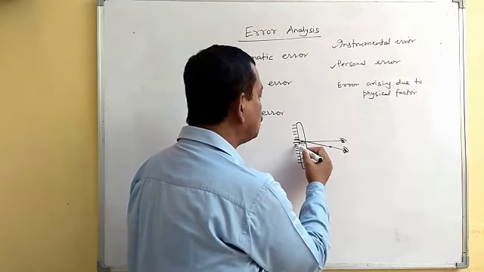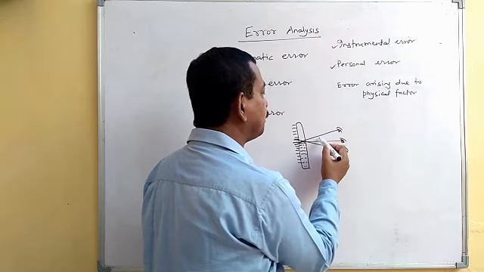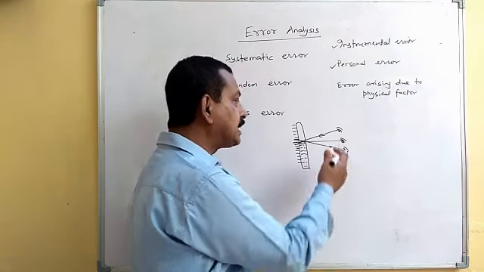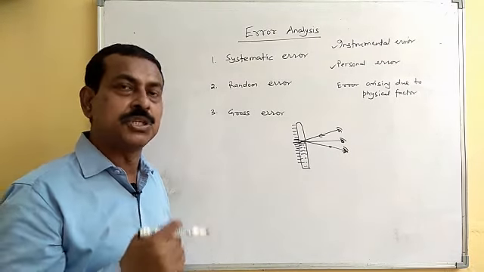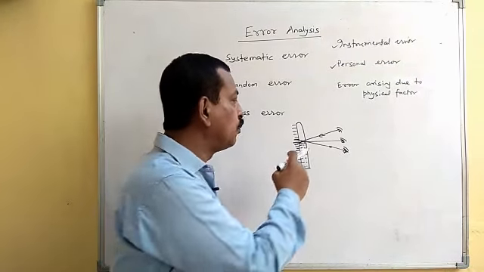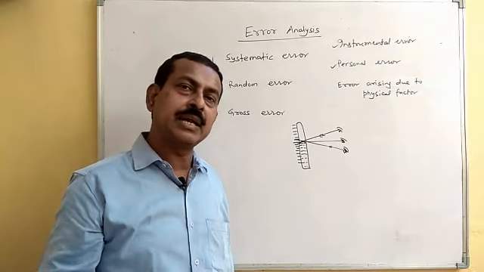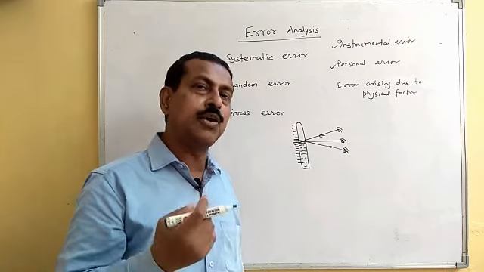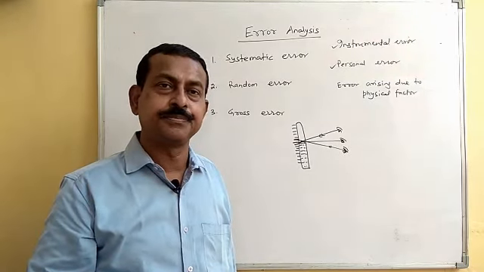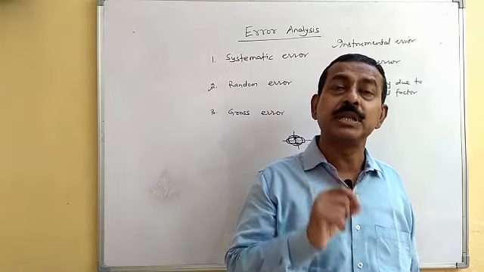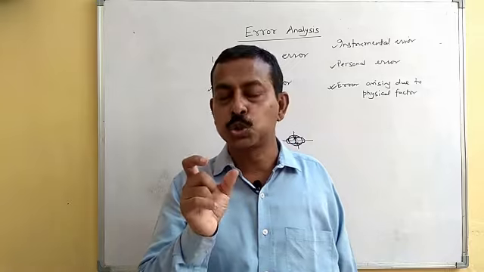Similarly, if he is taking observation from a higher level, like this, in that case, again, there will be error in the measurement. This time the measured value will be less than the actual one. And all these are arising due to the faulty way of taking observation by the experimenter. Now, another type of personal error is if someone is using a screw gauge,